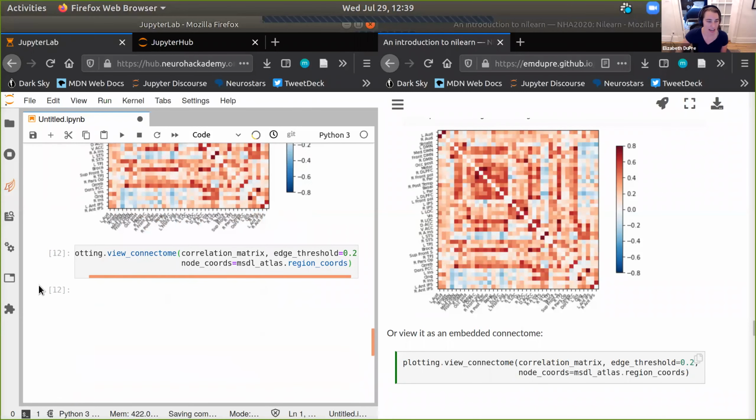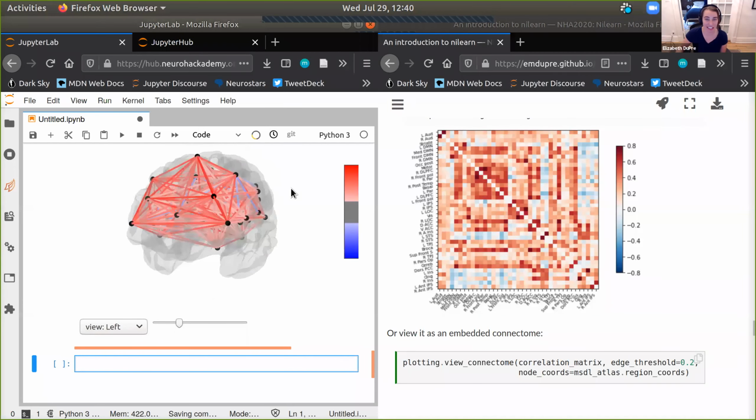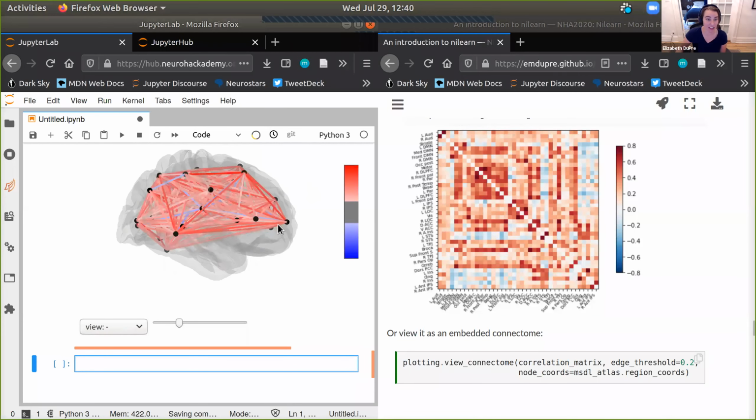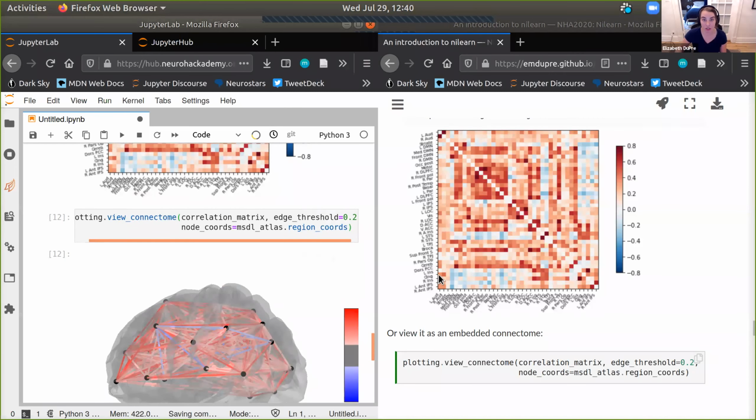Here we go. Now we have an actual brain that we can see all the connections embedded on. And you can move it. You can see there's quite a lot here, right? It looks like there's a lot of connectivity happening. Sometimes it's easier, yeah, like this. But this is really cool. This is a really nice way just to explore the data and to see what the functional connectivity looks like.